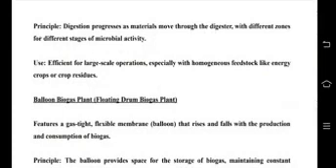Then plug flow biogas plant. In a plug flow system, organic material moves through a digester in a linear manner with varying stages of decomposition along the reactor length. So digestion progresses as materials move through the digester with different zones for different stages of microbial activity. This is efficient for large scale operations, especially with homogeneous feedstock like energy crops or crop